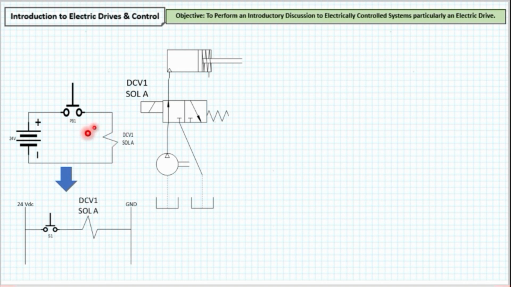For example, in this case, meron tayong isang solenoid valve. What if dumami yung load natin, dumami rin yung ating contacts using the same power supply. So the schematic diagram will be hard to read, will be very difficult to understand, unlike sa ladder logic diagram that we can add components easily. Okay, of course the power circuit that we used earlier will not change. Yung pag-change lang naman natin ng schematics to ladder is applicable only to the control circuit.